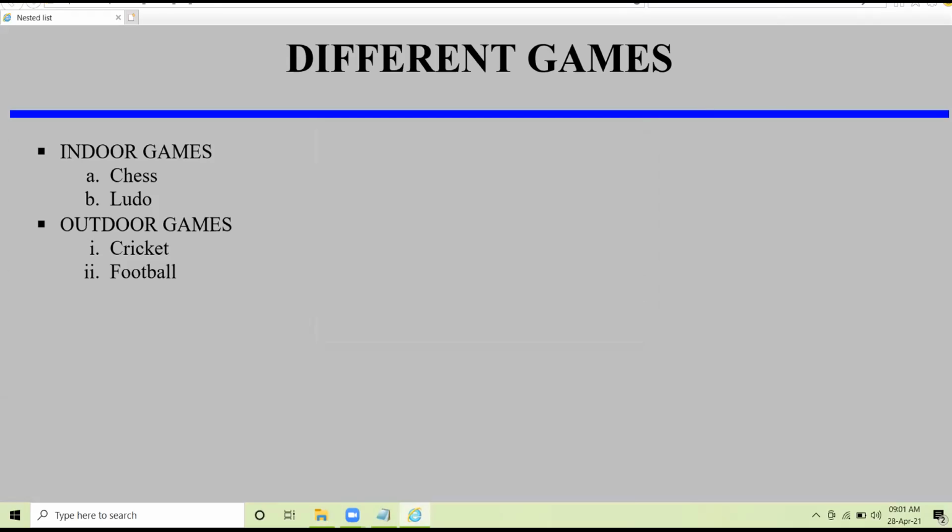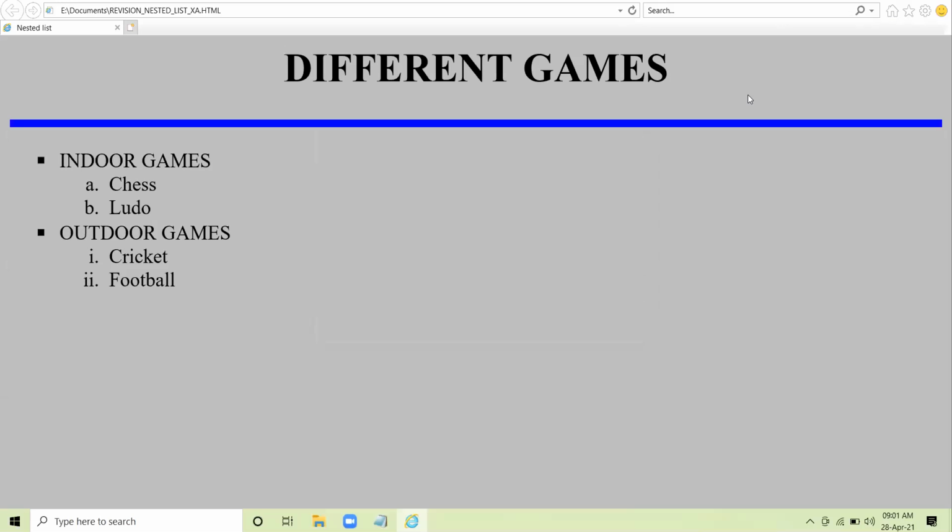Carefully see the browser view. The concept of nested list I have shown to you people. Is it clear, all of you? Any doubt, any queries?